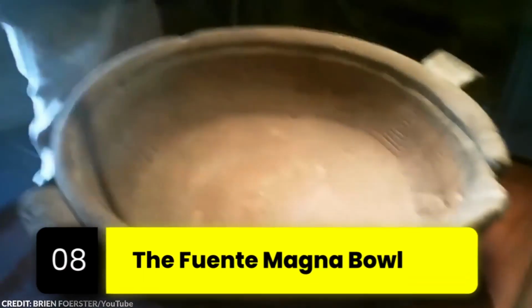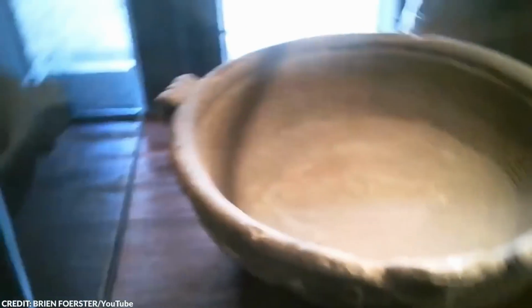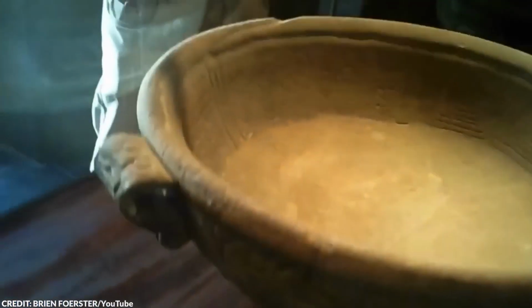Number 8. The Fuente Magna Bowl. In 1958, the libation bowl was discovered near Lake Titicaca in Bolivia. This large stone vessel was used for offerings, supported by the beautifully engraved anthropomorphic characters, zoological motifs, and scripts on its surface. For so long, the Fuente Magna remained in storage in the Museo de Metals Preciosos until two Bolivian